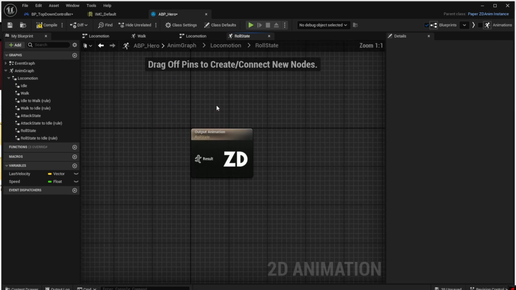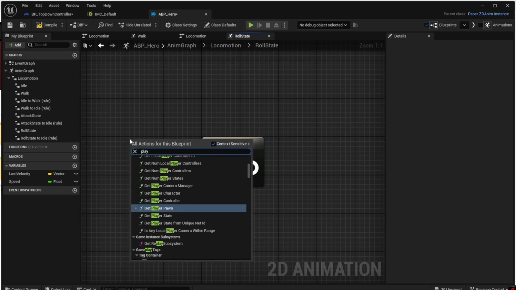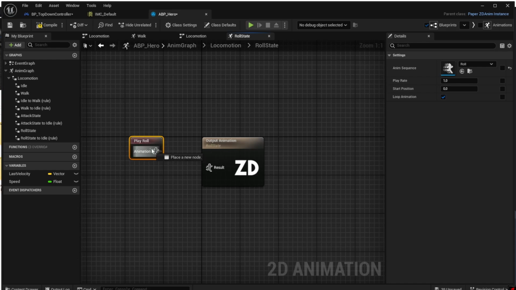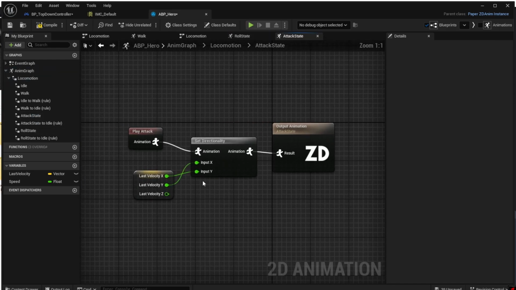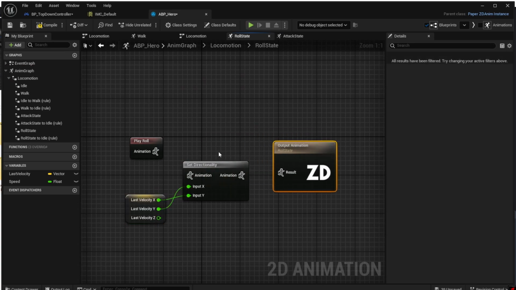because we will go to the idle once the animation for roll is over. Now open the roll state and we will add the play roll action, so the roll animation is played. And we will again copy and paste the directionality from the other state. We have to connect the play roll to the set directionality and set directionality to the output animation and click